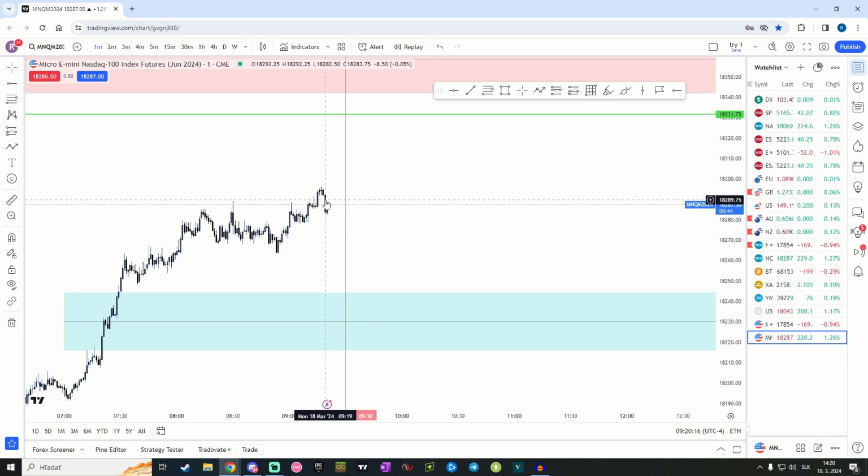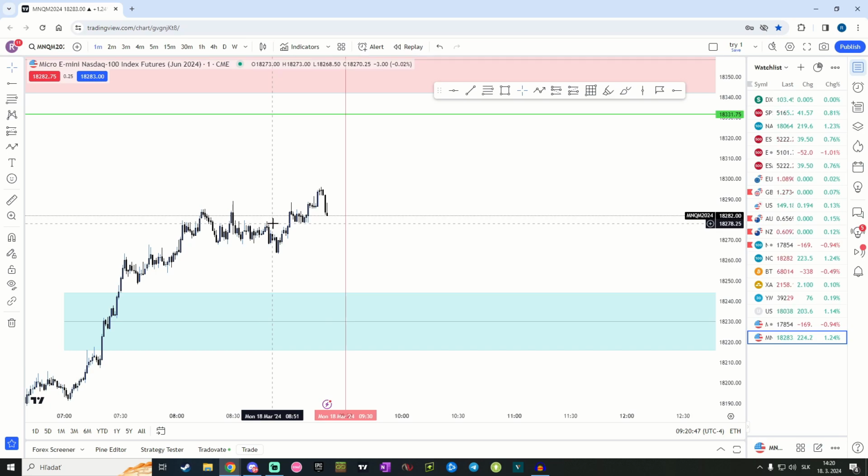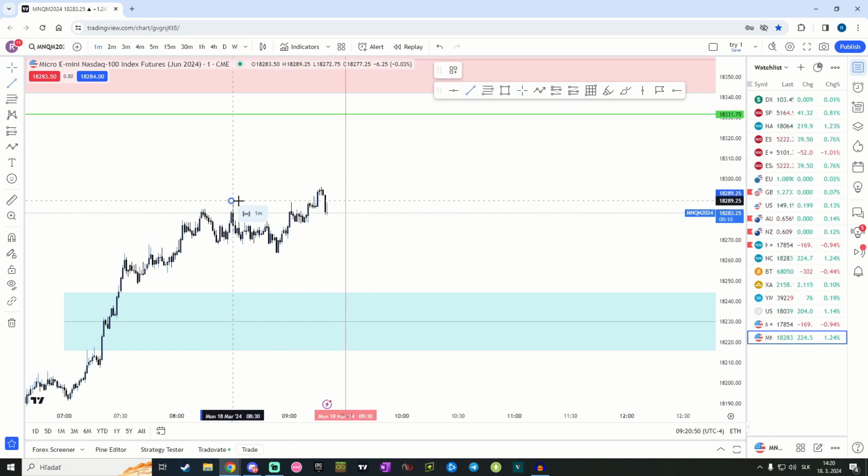There is an opportunity to go short here actually on the 30 seconds chart, but I'm not going to do that because I'm still favoring the buy side. So I would not like to trade the opposite direction, basically for my bias. If we would sweep this high, I would easily try to look for shorts and I would take them anytime. But as we are so high up and we have not yet swept any significant buy side liquidity, only these highs,